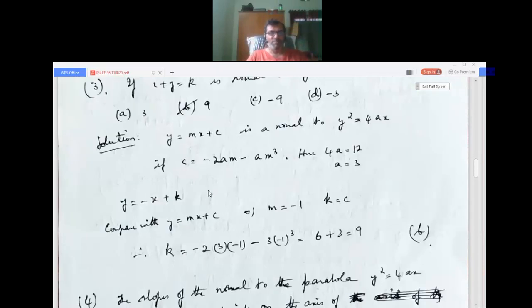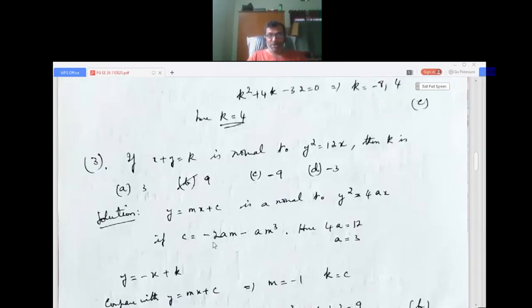So it's a very simple problem. Once again I'll explain, but you have to remember this formula, that's all. Sometimes they'll also give problems on the point of intersection. The point of intersection of this tangent with this parabola, if this is a normal, is also important, even if it is a tangent. The condition to be a tangent is c equals a by m, and the point of intersection is also there. That I will discuss later, when it comes up in problems.